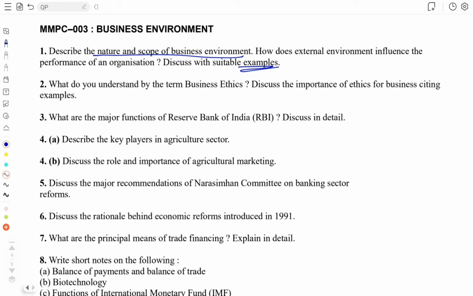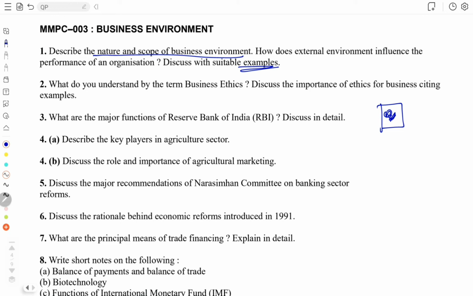So how does the external environment influence performance? What are the things in the external environment? There could be the micro environment, that is your suppliers, customers, marketing intermediaries and so on. If you think of it, there is the business, and inside it are the value system, the mission, vision, organization structure, the culture, the people working there and their interrelations, the physical resources and the financial capabilities. Everything comes under the internal environment.